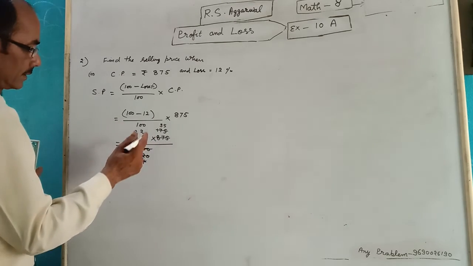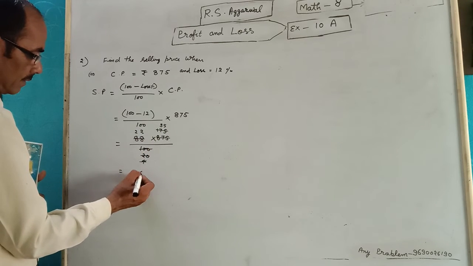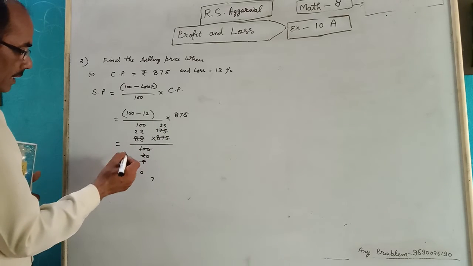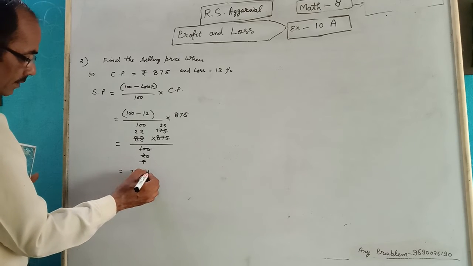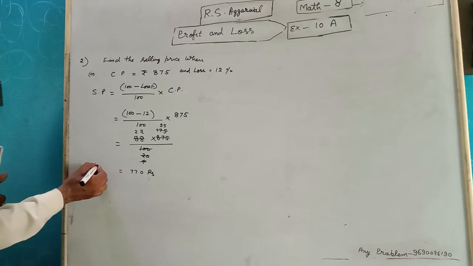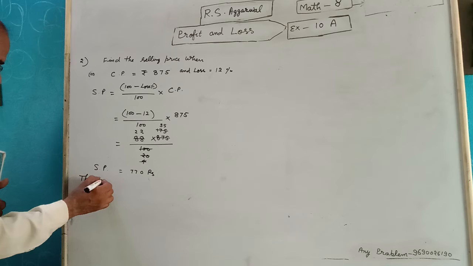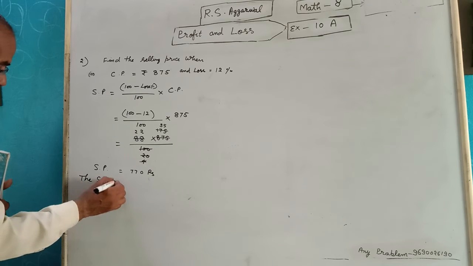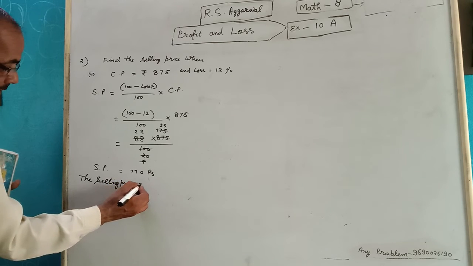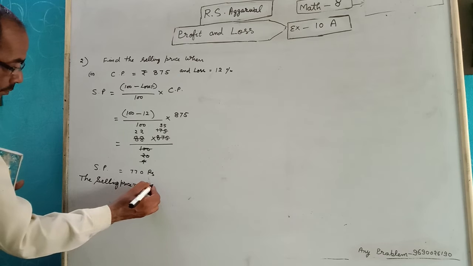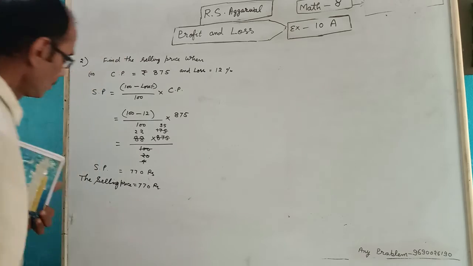After multiply 35 and 22, 35 2 ja 70, 35 2 ja 70 and 770 rupees. Our SP, the selling price will be 770 rupees. Third part is complete. Fourth part is